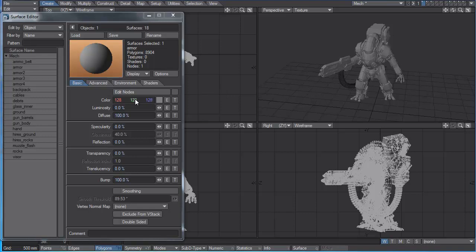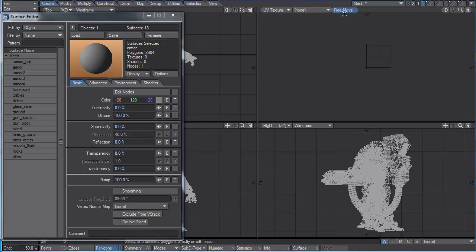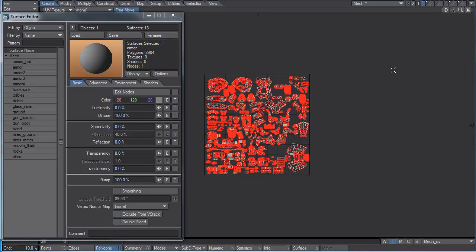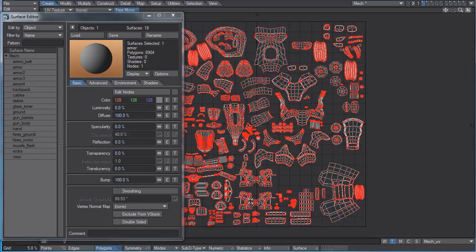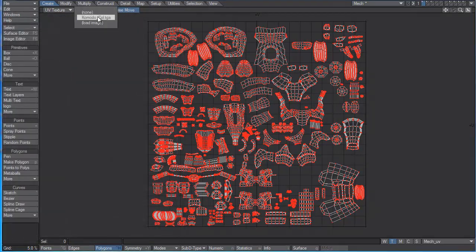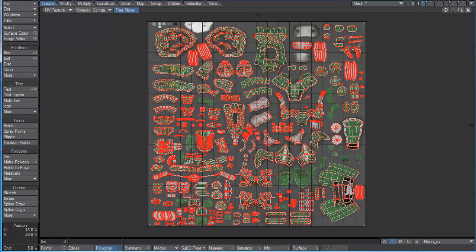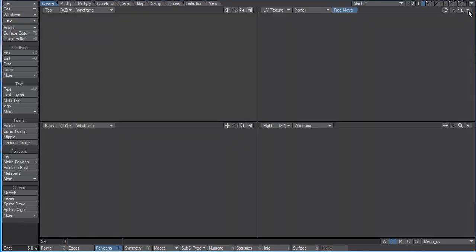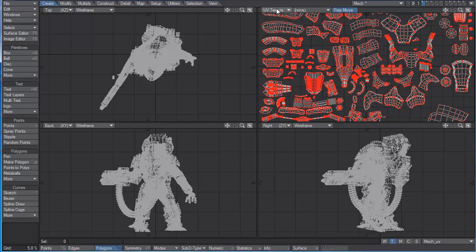Okay, before we head over to layout and put this in a simple lighting environment, we can apply a basic texture which has already been painted by the artist. If we look in the UV texture editor, switch to textures and look at our mech UV, we can see that there's a fairly complex UV set here, and it's the whole object broken up into one UV set. There's also an associated image map, and I've loaded that up. It's called Komodo Color. We can put that in the background and we can see how things are lining up with the UV set. So let's go back into our quad view, look at our perspective view,